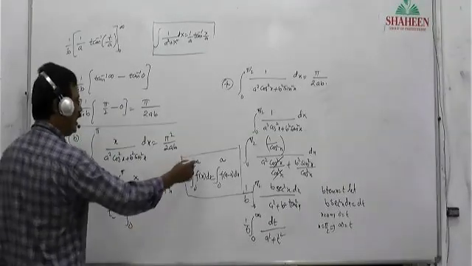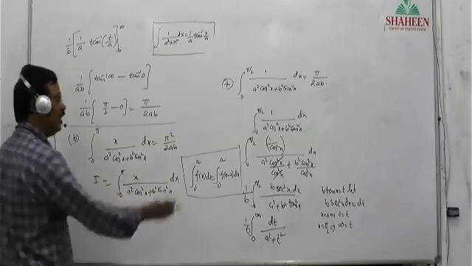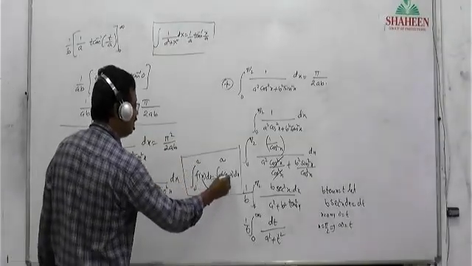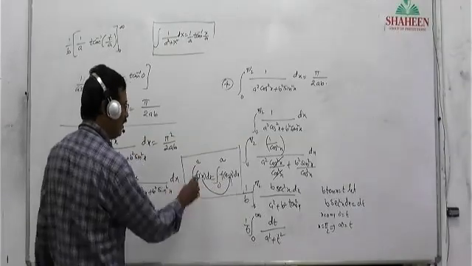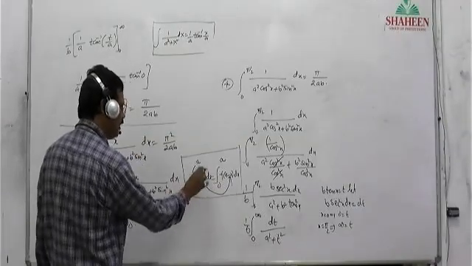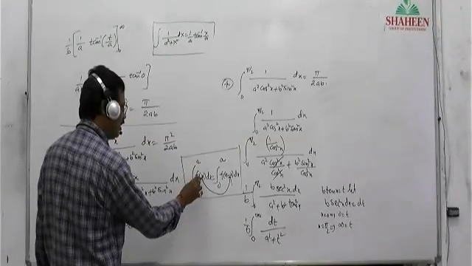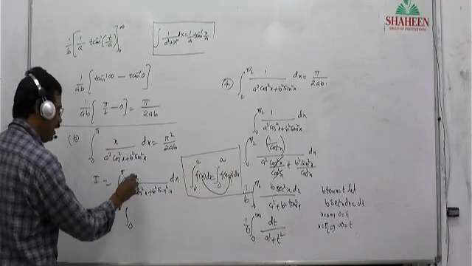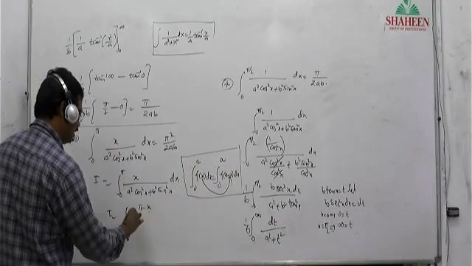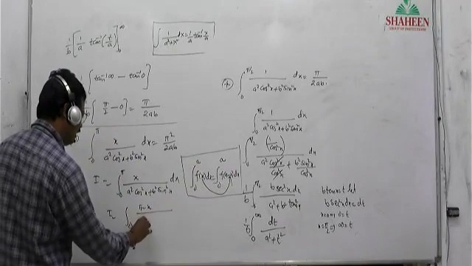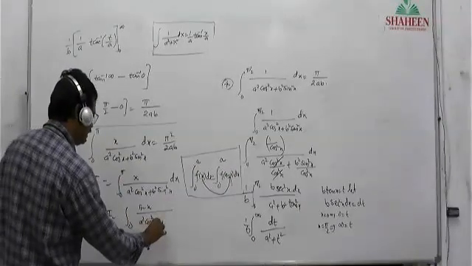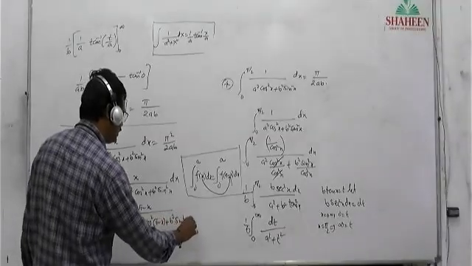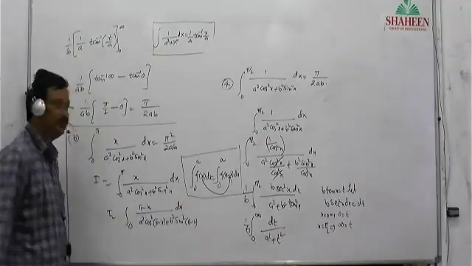Here a is nothing but pi. Now wherever the x is in this problem, f of x, that x we keep as a minus x, where a is pi, so pi minus x. The denominator becomes a square cos square of pi minus x plus b square sin square of pi minus x. Is it okay, all of you?